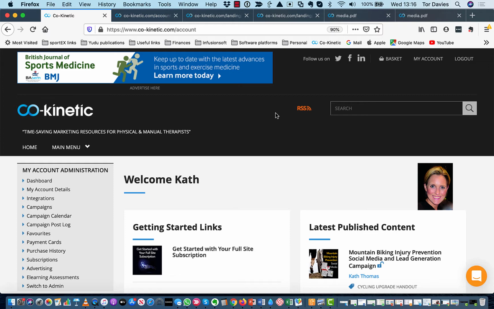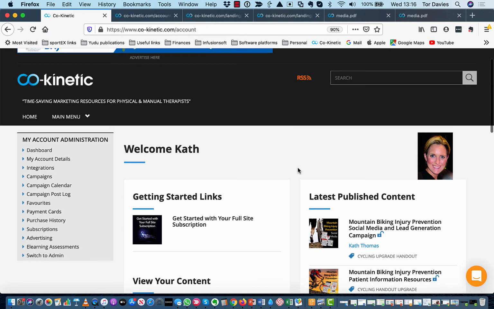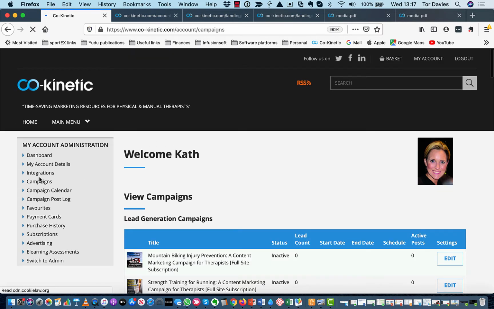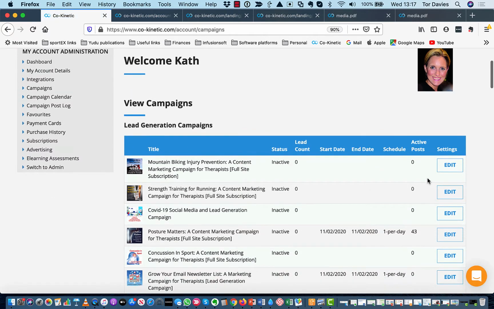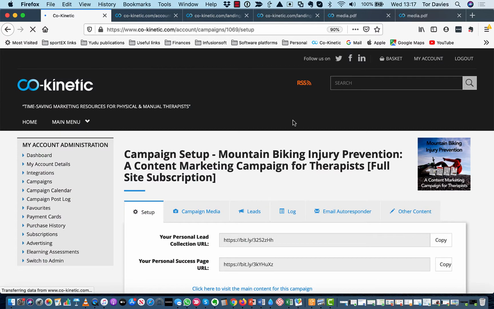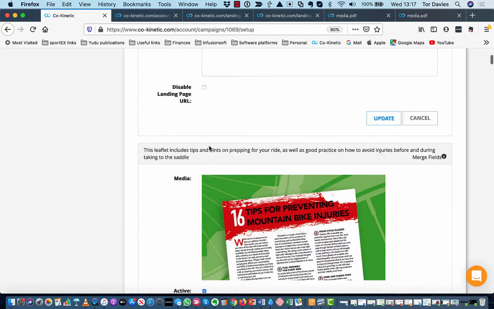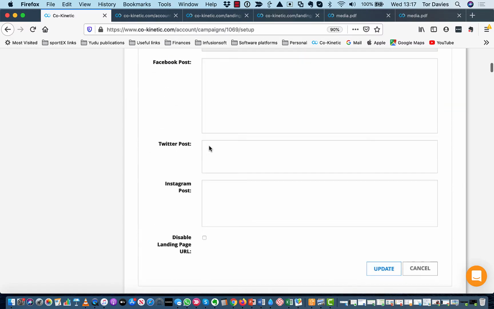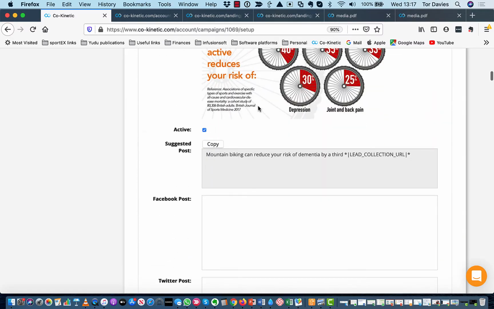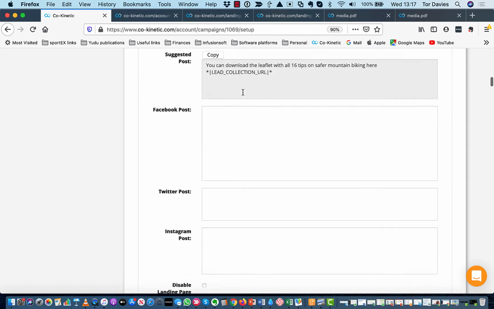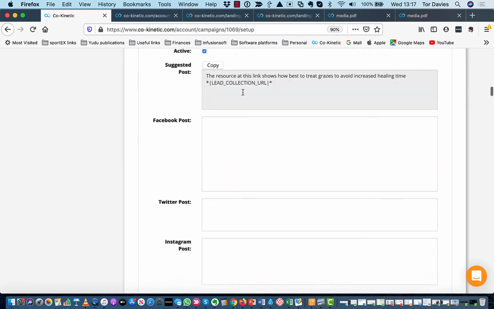Let me just show you what the full site subscription has that the social media subscription doesn't have. The first thing is, if we go back into campaigns again, you will see the full site version of your campaign sitting at the top here. We have the social media also under here, but in this case we've got a lot more content under there. As I say, there's about 50 posts, there's a whole bunch of infographics, there are also animations in here,